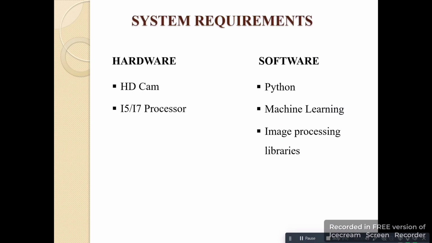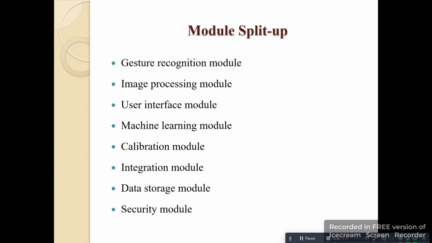Software requirements: hardware: HD cam, Intel i5 or Intel i7 processor. Software: Python, machine learning, image processing libraries. Module setup: gesture recognition module, image processing module, user interface module, machine learning module, calibration module, integration module, data storage